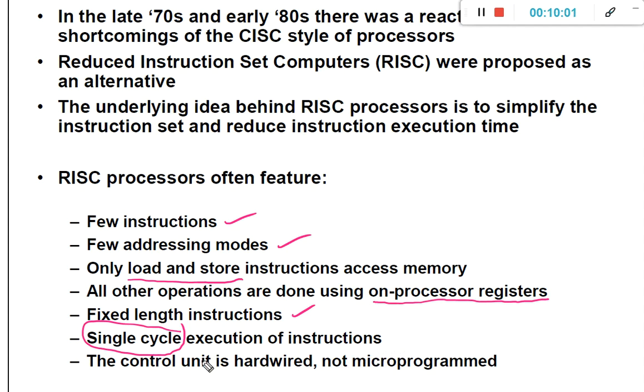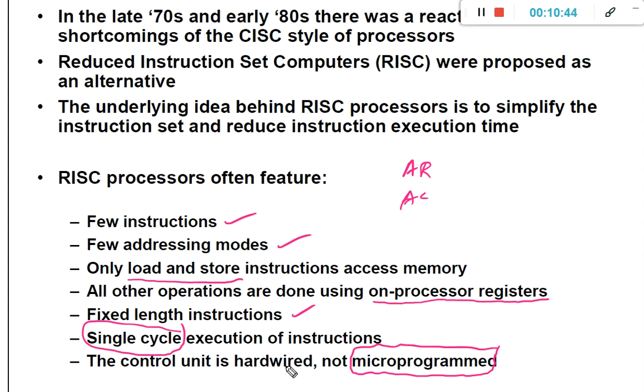And very importantly, the control unit is hardwired. We have seen what is meant by hardwired control in the previous classes. We have seen logic control gates, how to design the logic control gates for the address register and for the accumulator register. These logic control gates are going to control the operation of various registers. If the implementation is a hardwired implementation, definitely it will be faster compared to the microprogrammed control. However, we have not seen what is meant by microprogrammed control. We will see that in the next chapter.